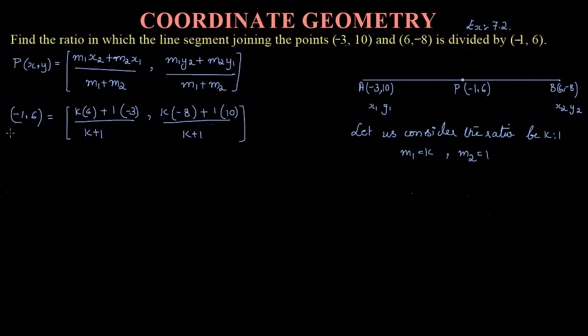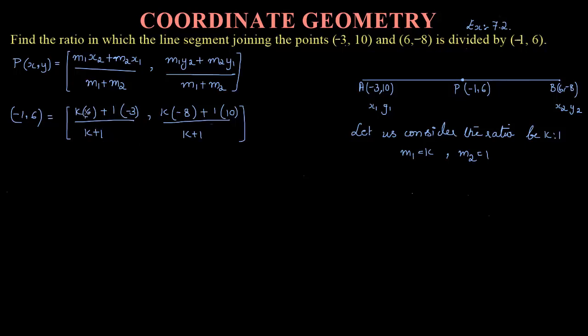Now you can observe here you have the coordinate given already. So you can take any of the x values or y values and equate it with the coordinate given to you, and you will be able to find the value of k. If you are able to find the value of k, that is nothing but you will be able to find the value of the ratio, right? So if I am going to equate the x coordinate, in the bracket the first number will always be the x coordinate. In the same way, the first number of this bracket is this part, and this is nothing but your x coordinate.